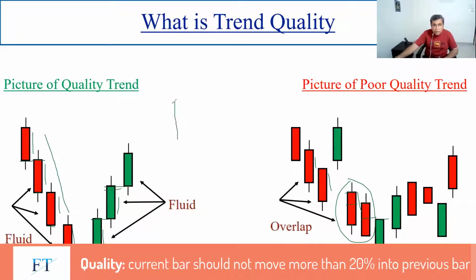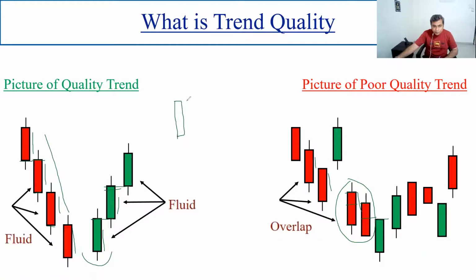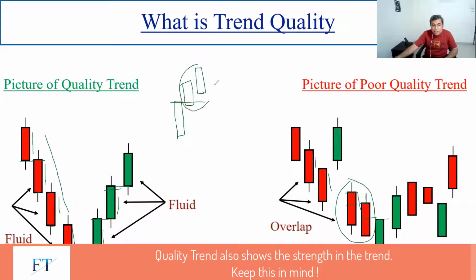So for example, if you have a green bar here, and the next bar moves down but remains above 20% of its prior bar, that is fine. That is again a good quality picture of a trend. But if the next bar moves more than 50% of its prior bar, then these two don't make a good quality trend here, because